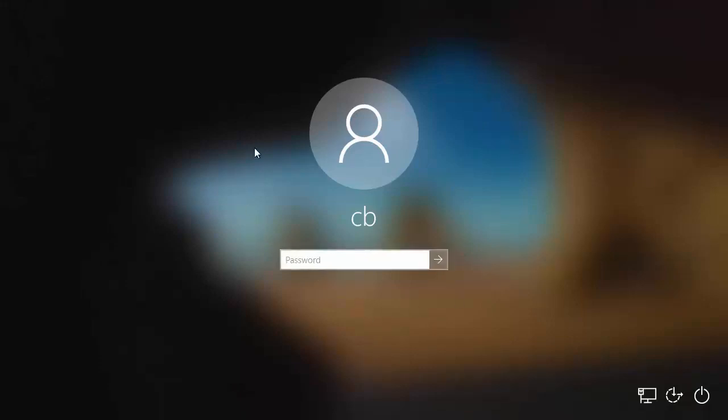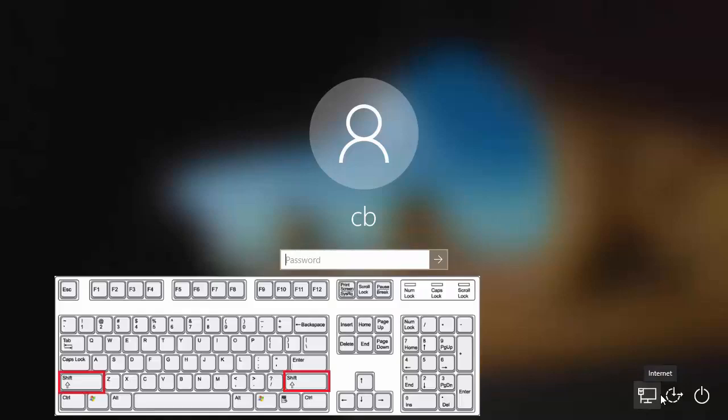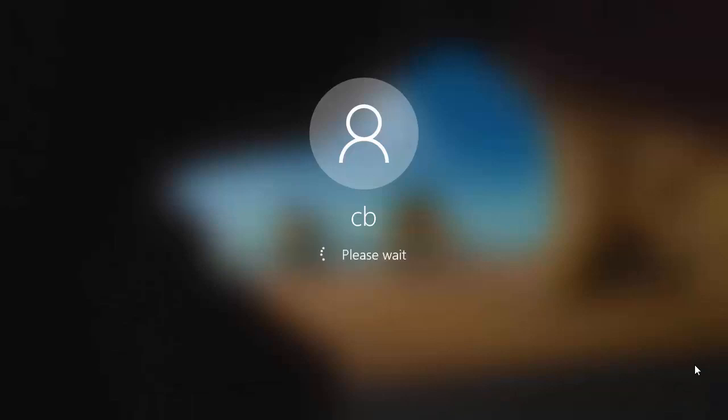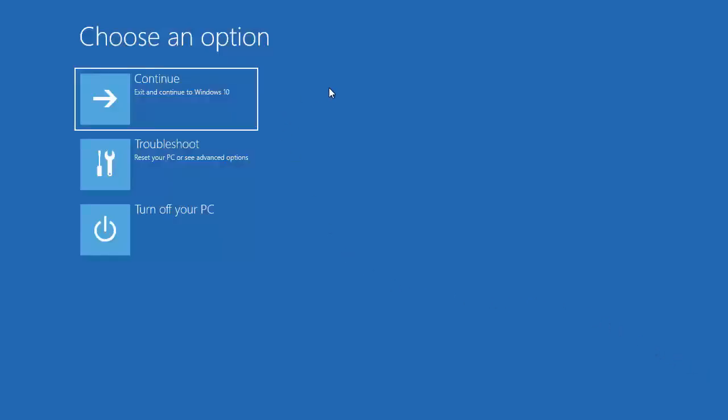So for that, most probably you will see this window when you start your Windows operating system. On the login window, you will be able to see these options at the bottom right corner. So what you need to do is you need to just press on the shift key. So just press on the shift key and then click on the power button here. Okay, so press on the shift key and then click on the power button and then click on the restart button. So press shift key and then click on restart here, which is going to show you this kind of